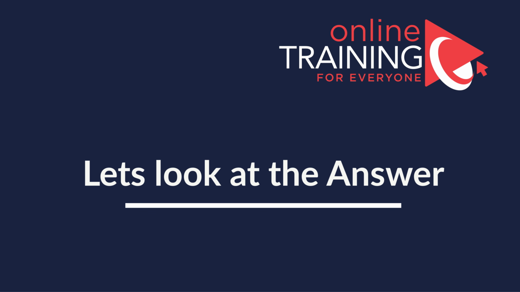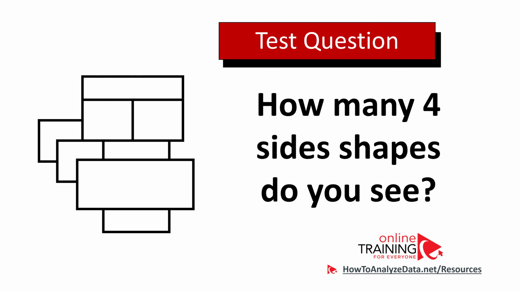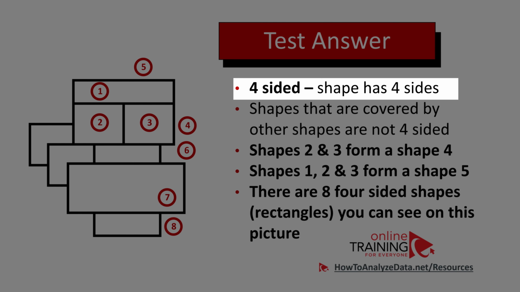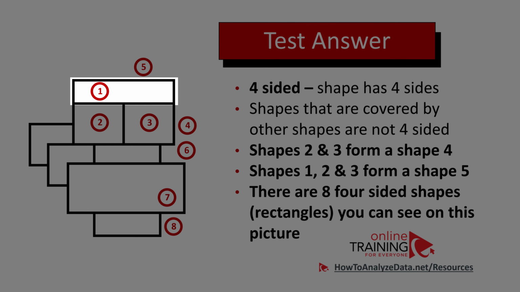Did you figure it out? Let's jump to the solution so we can solve this challenge and get to the correct solution together. So as I mentioned, first let's do a definition of the four-sided shape. And the simple definition is that the shape has four sides. For example, rectangle has four sides, and you see a rectangle 1 here which has four sides, and this shape